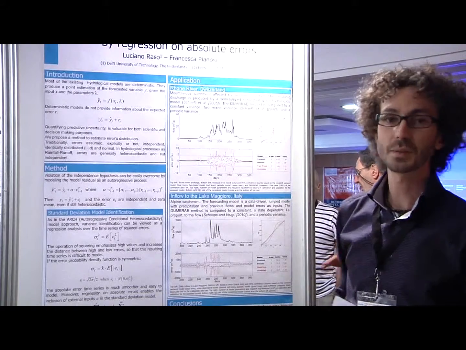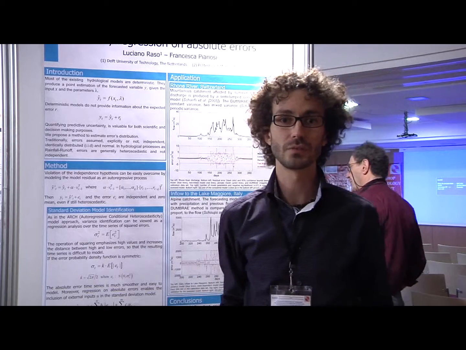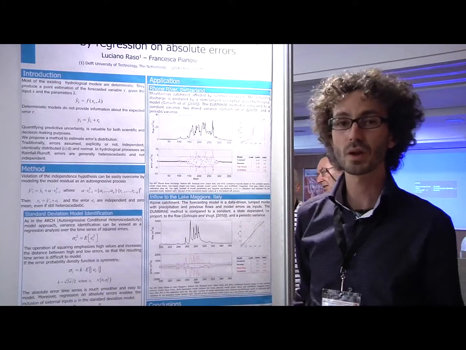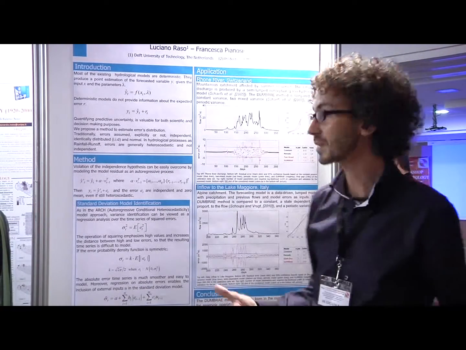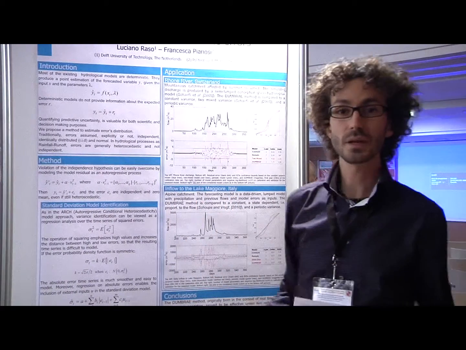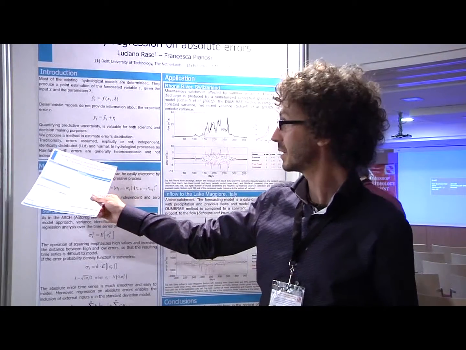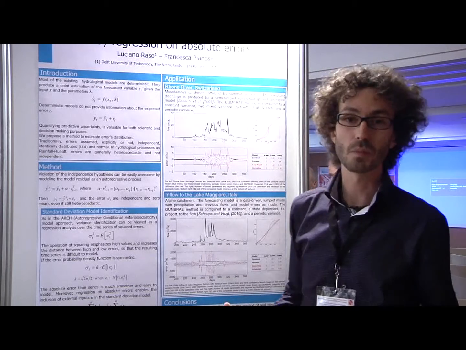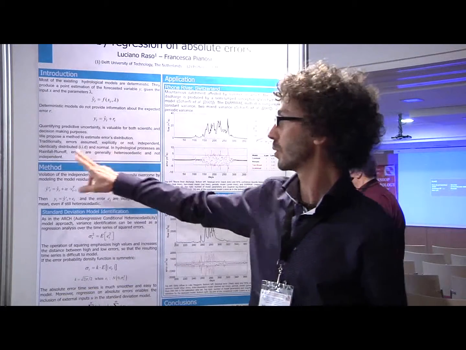And it's about estimating the variance, basically to build up a distribution around a point estimation of a deterministic model. So what happens nowadays is that you typically have a deterministic model, but you want to know the entire distribution around that point because, in this case, it was reservoir management. And the problem is that in hydrology, typically the hypotheses on the error, which are independence and the errors being identically distributed, don't hold. And it's a problem. But we've found a way to solve it, at least the first two problems.